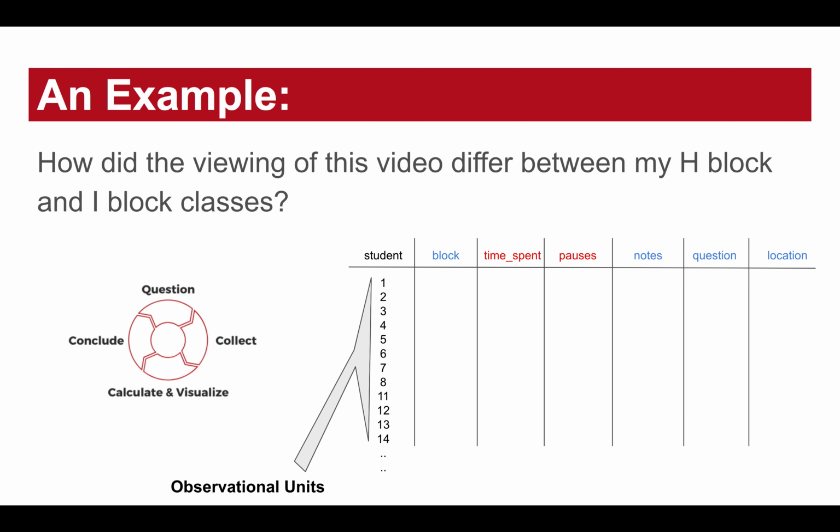So if I have this information, it's recorded in different variables. The red are representing quantitative variables. In other words, I'm recording numbers for each of those. And these blue ones are categorical variables, right? So these are the things that I'm recording, and they're categories because your block would be H or I, your notes would be yes or no, question yes or no, and location would be a word or a couple words that you'd record. And so with this information, I can start to answer this question, because I might look at